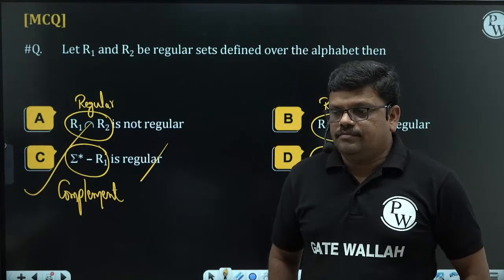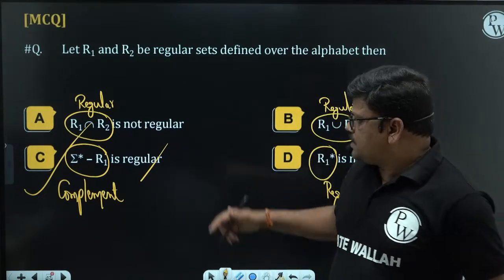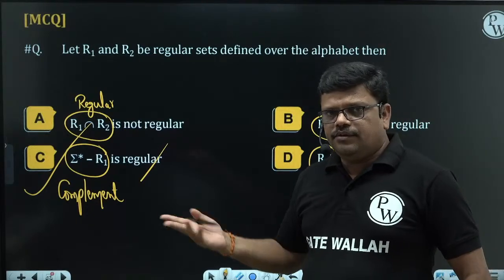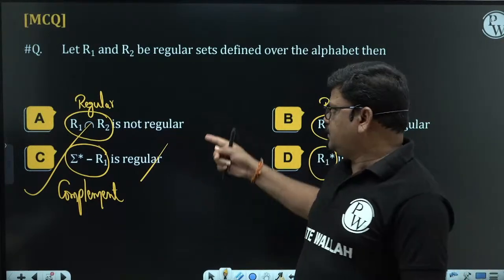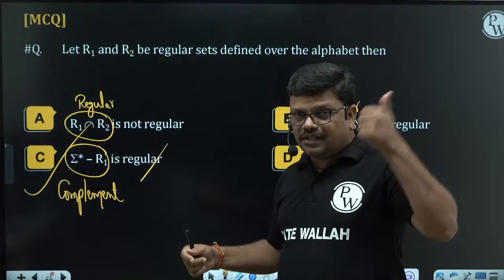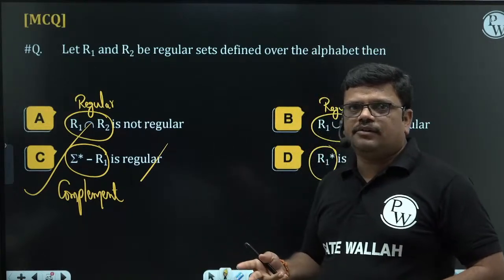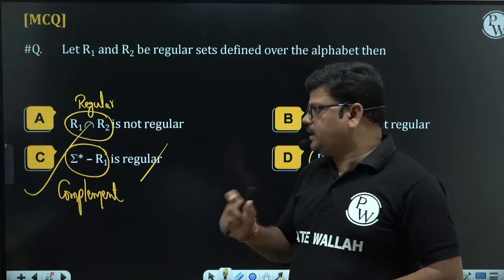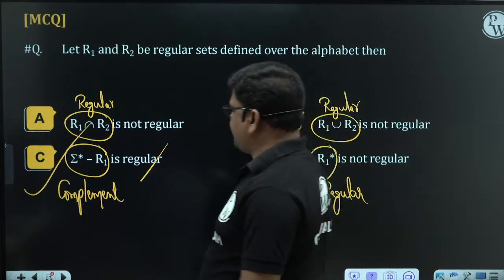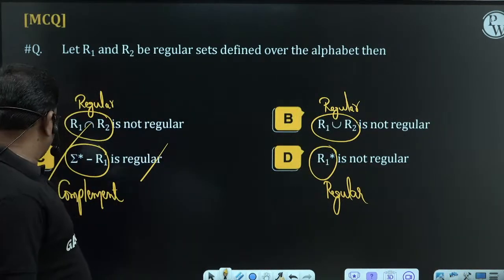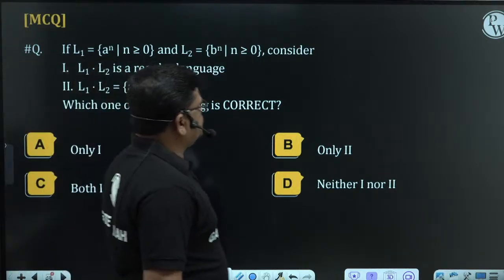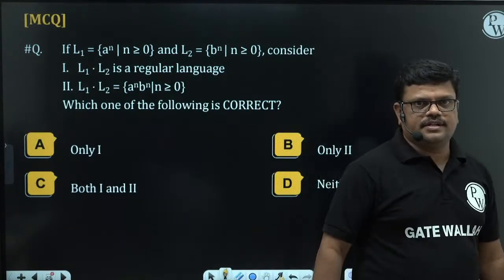Like this. If we know the meaning of this operation, whether intersection is closed or not closed, then only can we answer this, whether it is regular or not regular. Where do I get that information? That information is already there in the table format. So the table is the most important thing for us. There are so many questions of this kind. This is one of the very beautiful questions. This is one of my favorite questions actually.